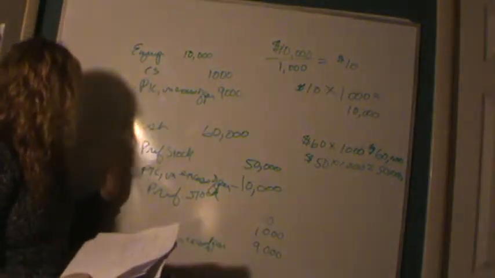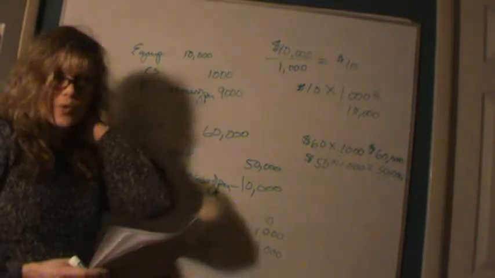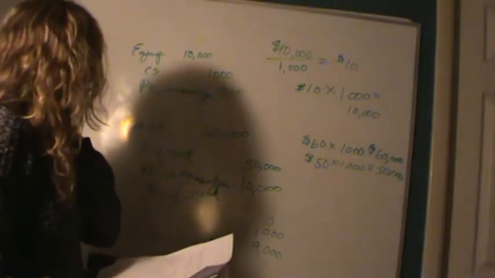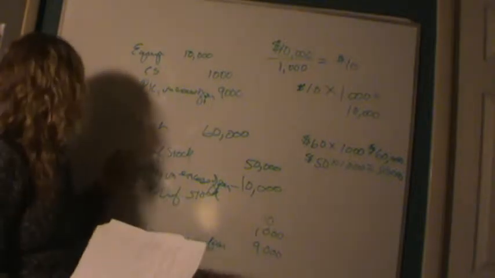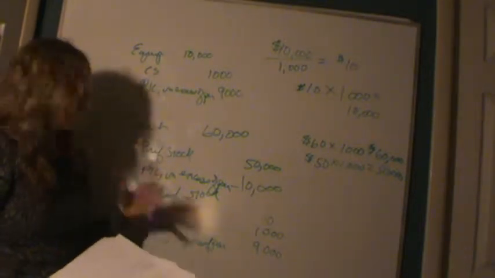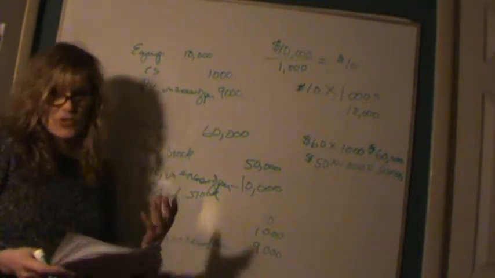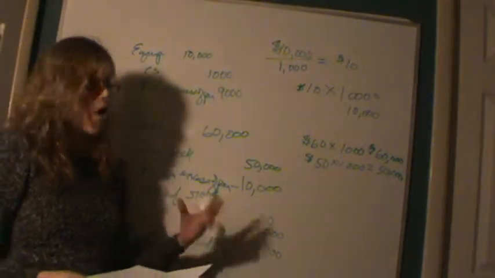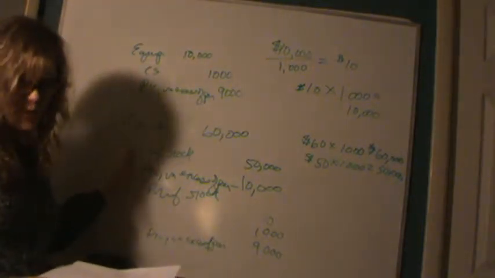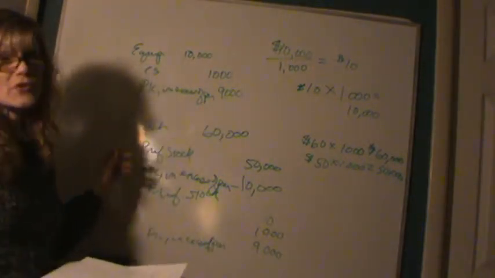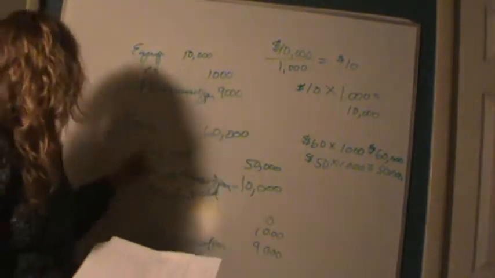Since we're talking about preferred stock right now, I just want to mention real quickly, preferred stock is going to have priority in the event of a liquidation. It will have priority over common stock as to distribution of assets. Something else, preferred stock is quite often cumulative. Preferred stock always has priority in dividends, but if preferred stock is cumulative, and it quite often is, that means